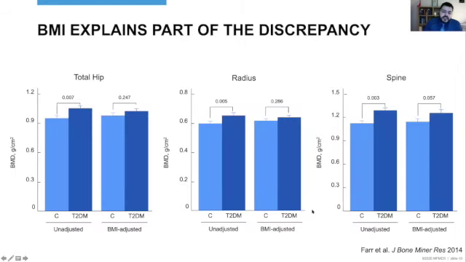So as I've said, the bone density in these patients is increased and they fracture at a higher bone density. This is data from our own group here, looking at bone density in patients with type 2 diabetes and in controls. And you can see that across the board, total hip, radius and spine bone density were higher in type 2 diabetes compared to the controls. After adjusting for BMI, there was an attenuation of the increment of bone density, but it did not completely obliterate that, indicating that weight alone explains only part of the increase in BMD, but not the entire story.